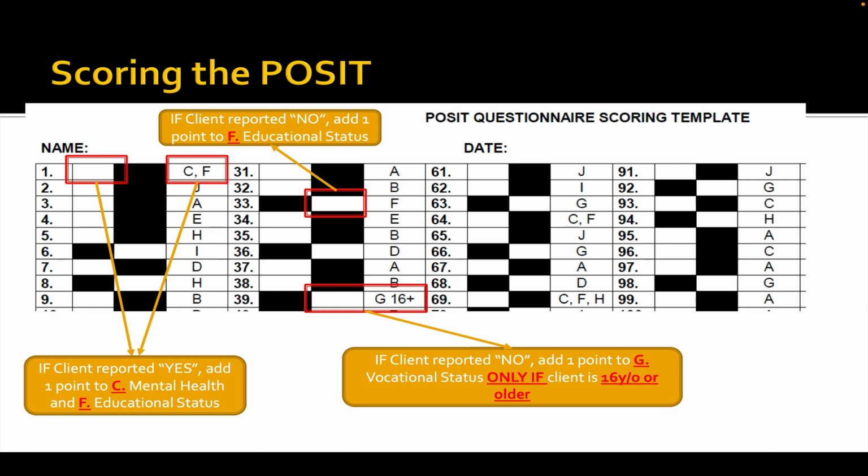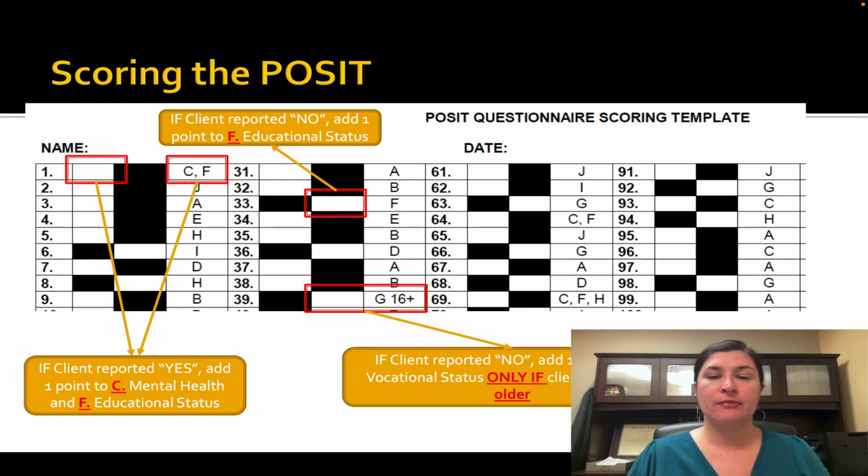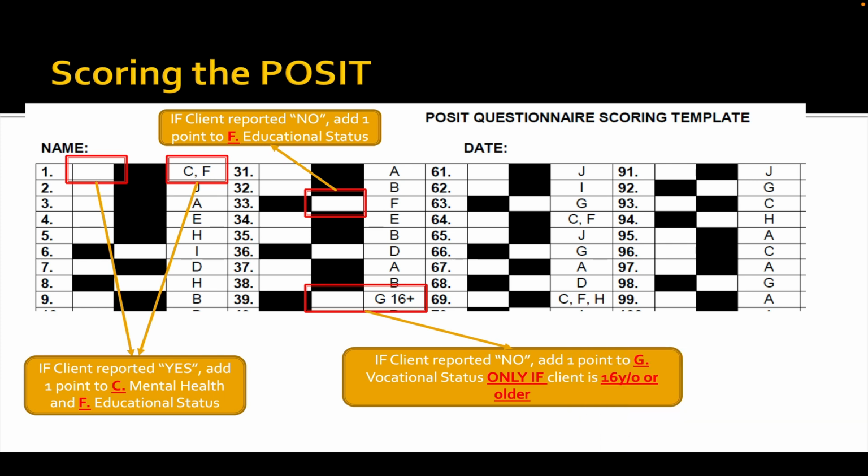And if the client is 16 years or older, then you would also give them a 1. Then you would add up all of the points for each of those domains, A through J, and that would give you some more information about whether they would need more referral, treatment, or assessment information